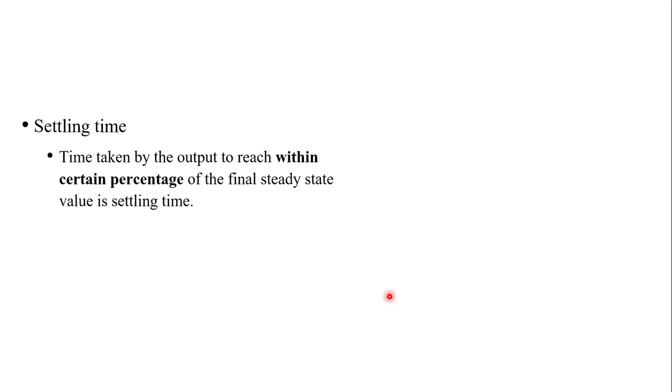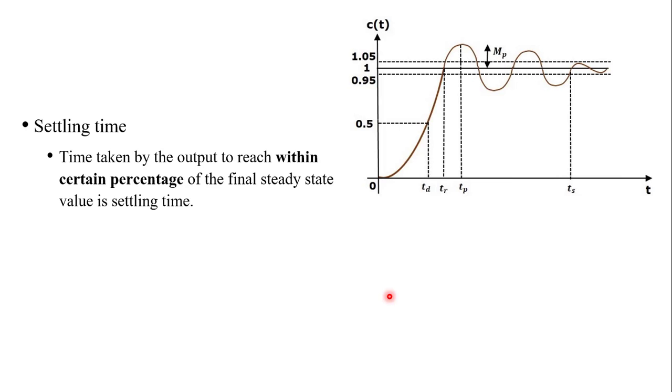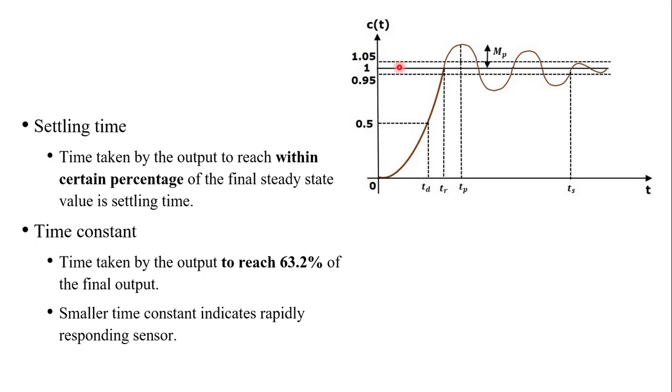Then we have the settling time. Settling time says that whenever you start from 0 and move to the maximum required value, 1, sometimes due to the inertia of the needle, or maybe due to the sensor's activity, it overshoots the value and comes back down. Then it goes to a negative value, then positive, and slowly your sensor comes to the actual value, which is 1 bar. So it takes time. This time is called the settling time, when it goes from 95% to 1.01%. Clear? So that is your settling time.